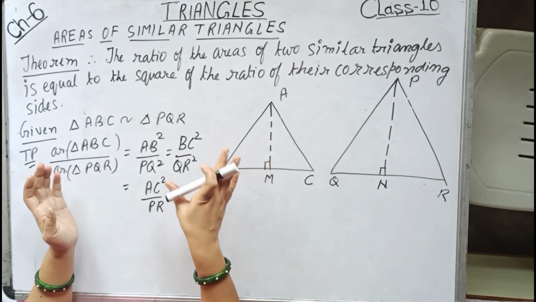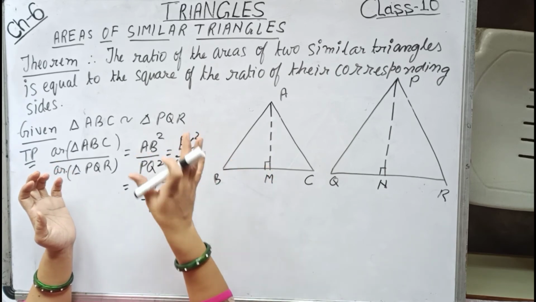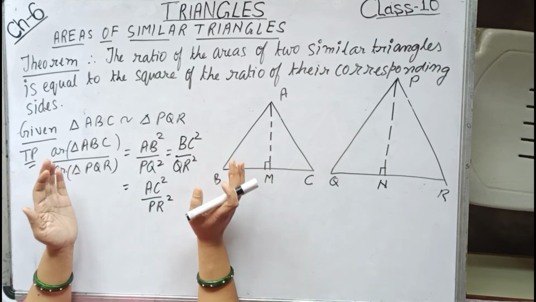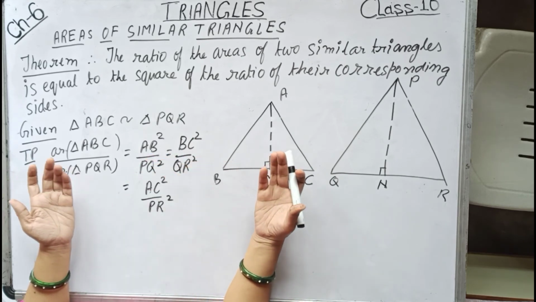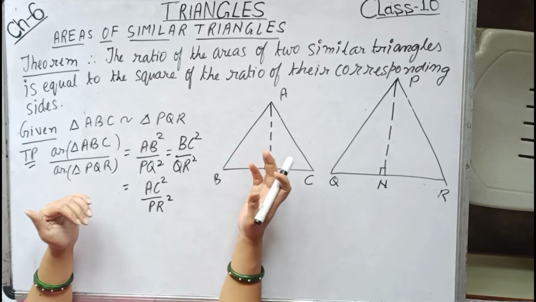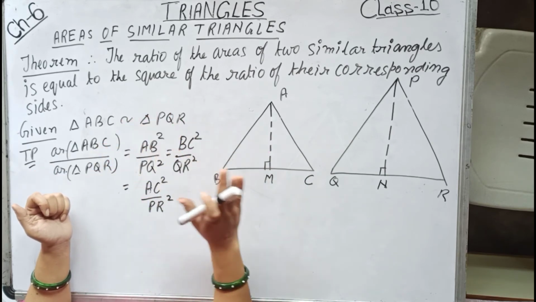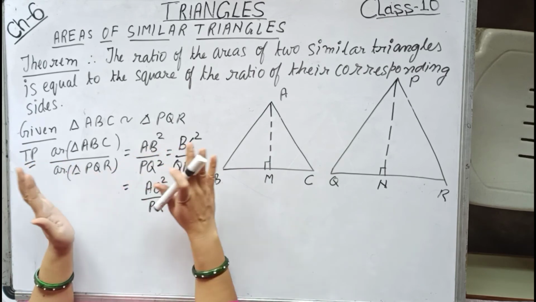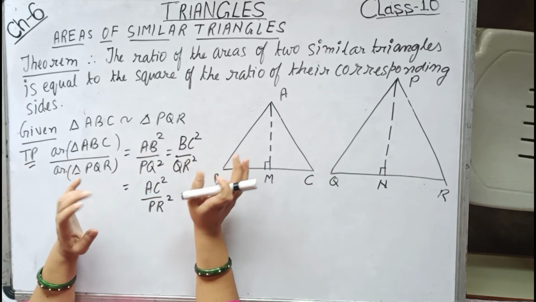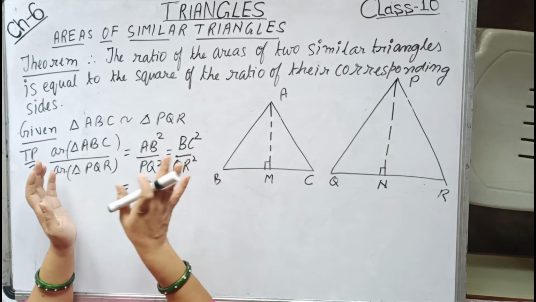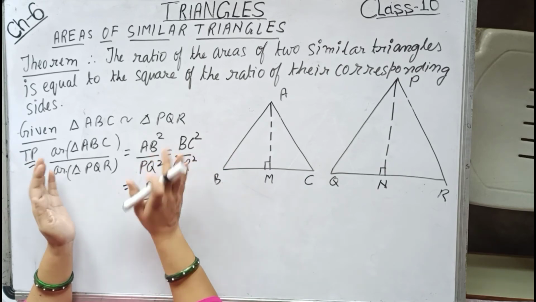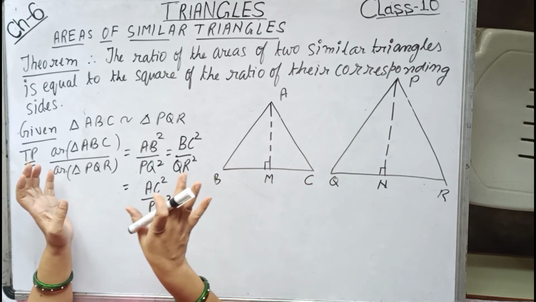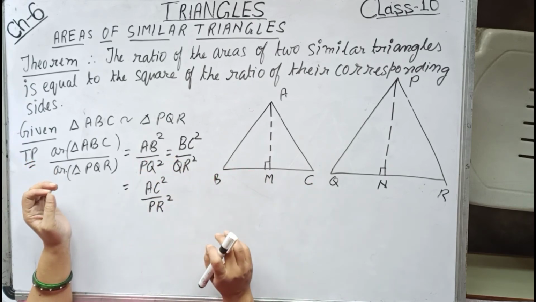But the concept, I mean what the theorem says, based on that, if any sum comes, we cannot say that we will not do, because a concept may come even if the theorem is not there in the syllabus. The proving of this theorem will not come in the examination. This you keep in mind. So let us understand the theorem, because without understanding what the theorem is saying, we cannot do the sums based on the concept.